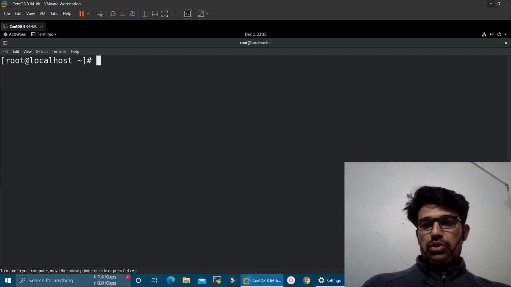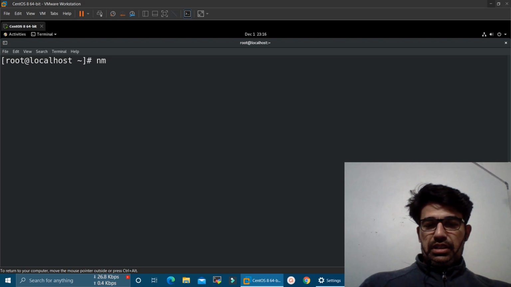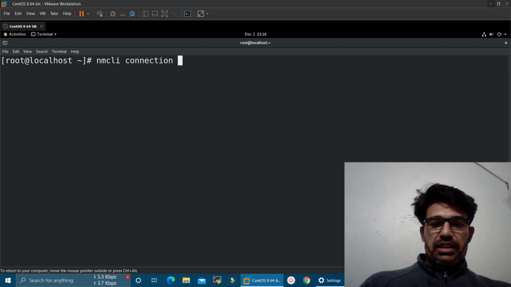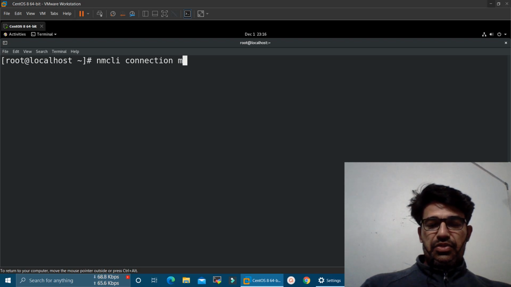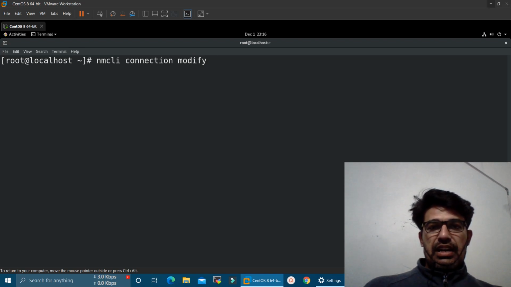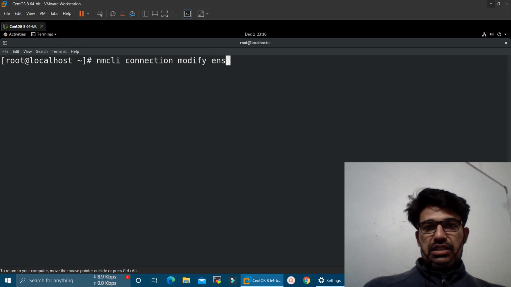So this was the third method that we can use to set the static IP address in our machine. Now I am going to show you the last method that we can use to set the static IP address in our machine, and for that we can execute the nmcli command, network manager CLI. Here we can mention connection, and if we want to modify the existing connection we can mention connection modify, and then the adapter name, that is ens33.